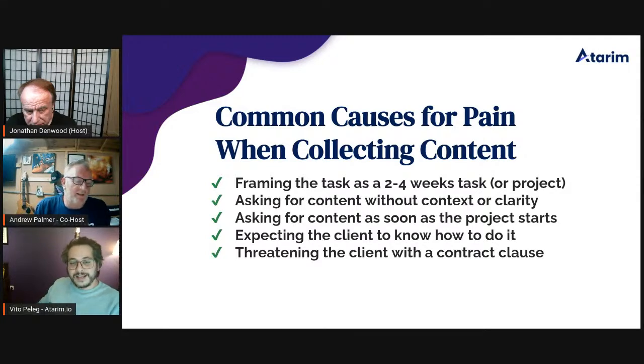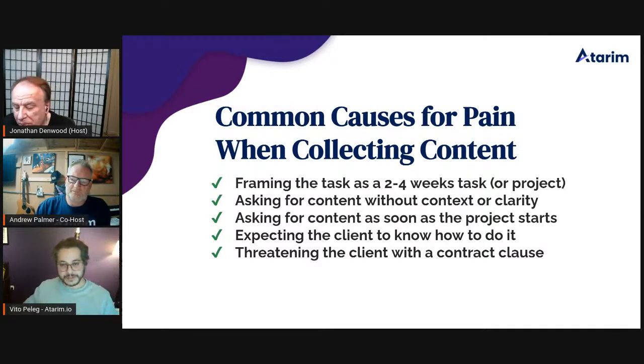Exactly. New clients do tend to use WhatsApp, and I've got one client who sends tomes of emails. You could write a book in one email, but we've stopped all that process because we use Atarim, so it's much easier for him to communicate with us. So with design by committee, that's another thing. Well, Robert, Andrew did manage to combine 2 questions in one, but